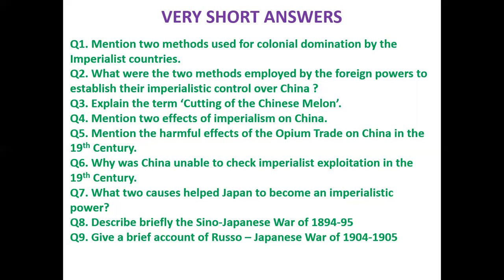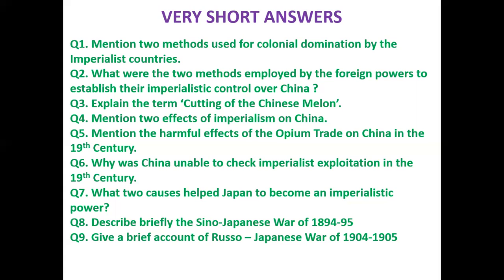This refers to the power or right of a powerful imperial country to impose her own laws upon the weaker countries. So in 1839, when the Chinese opened their port cities to the British traders, the British imposed the conditions that the British subjects in those cities would be subjected only to British laws, and Chinese courts would have no jurisdiction over these people. They could be tried only by the British officers or magistrates. These were the kind of methods they used to take their imperialistic control over China.